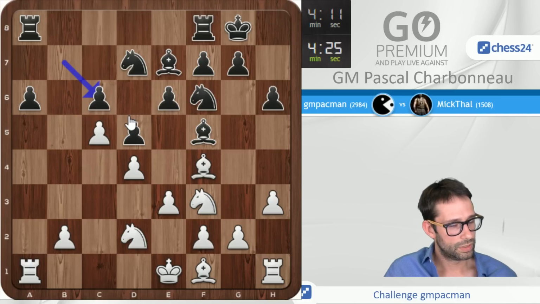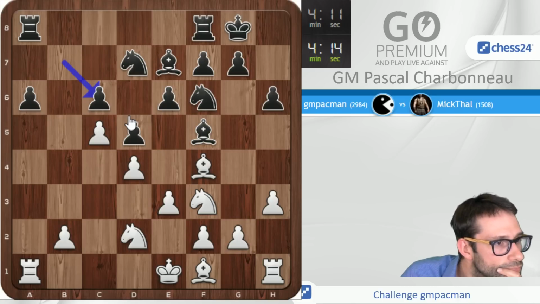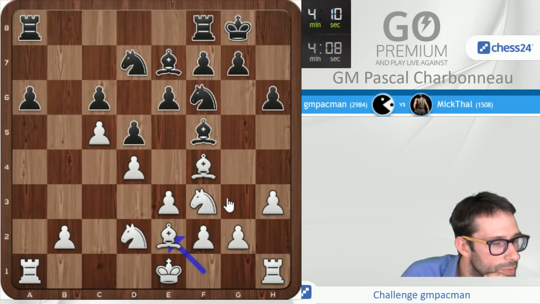So yeah, the question is now, what's the right way to defend the b pawn? Well, of course there's no rook b8, because the bishop on f4 covers it. So I'm just going to play simply